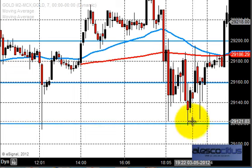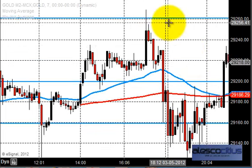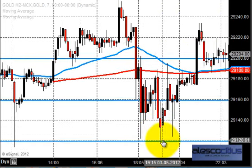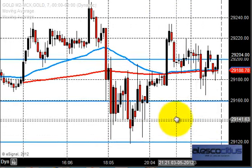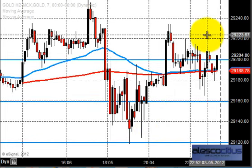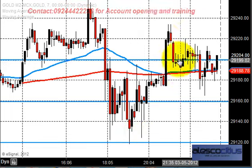The importance of again insisting on 29,120 and 29,260 is that for the coming week, these zones can play a very major role, for today and for the coming week. So you need to memorize these support levels until we clear this zone. So again, just after testing this support, the market bounced back,